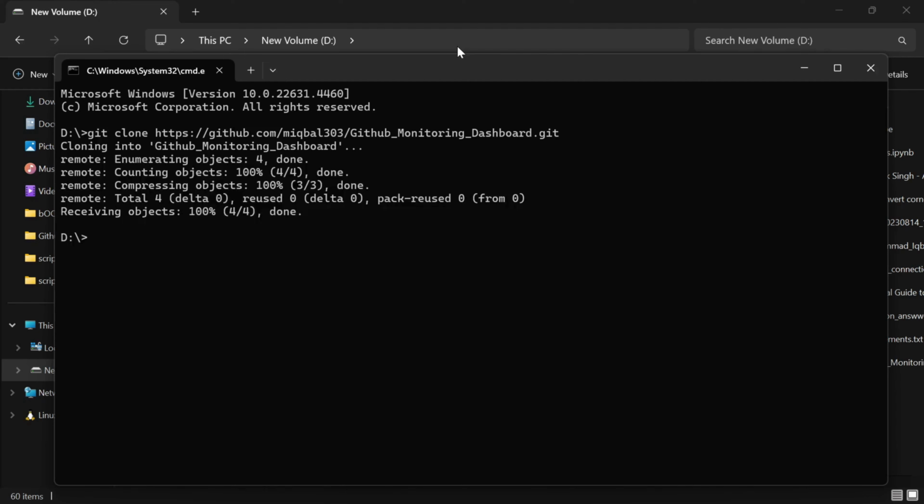Now let's copy the repository. Now enter the GitHub monitor dashboard directory. After that,